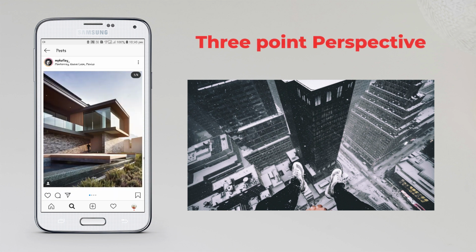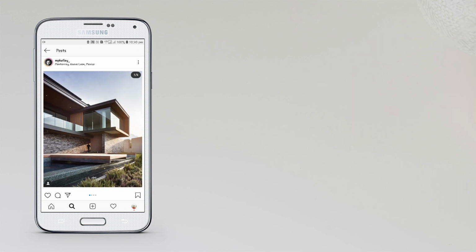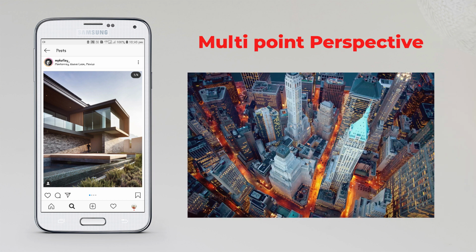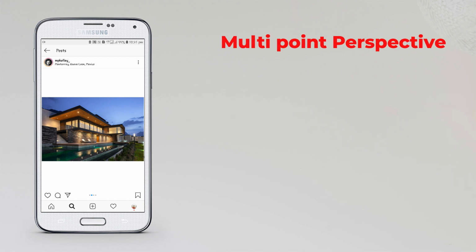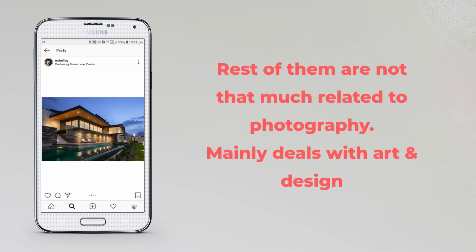We can also see this exterior photo where there is very little distortion, and truly speaking, this type of perspective you can't do in camera. You have to do something in post to make it correct, because each and every lens has a particular amount of lens distortion and it is an optical phenomenon, so you can't avoid it.